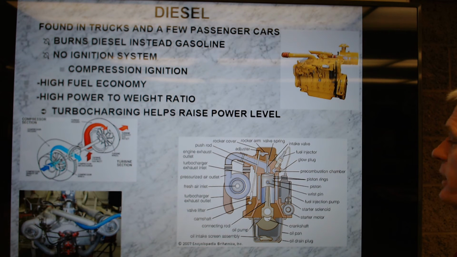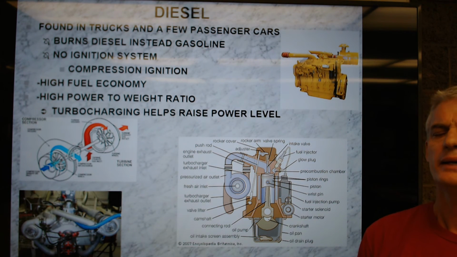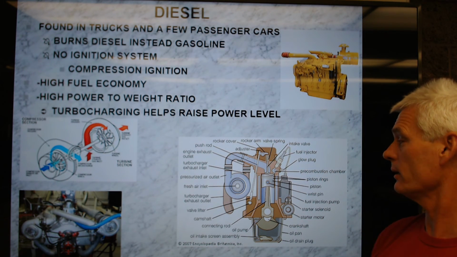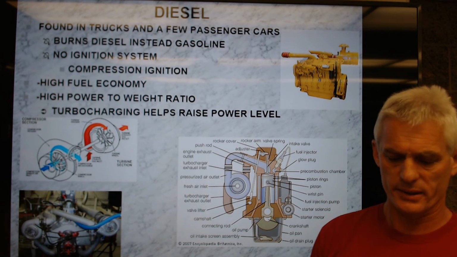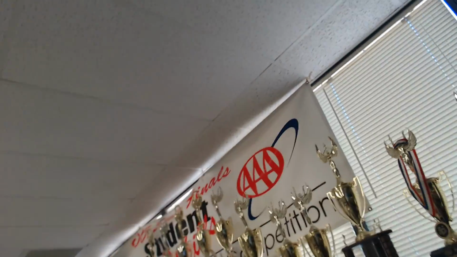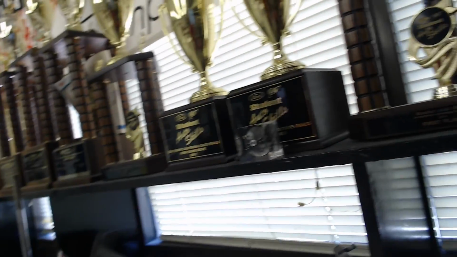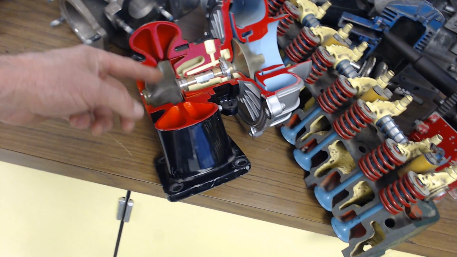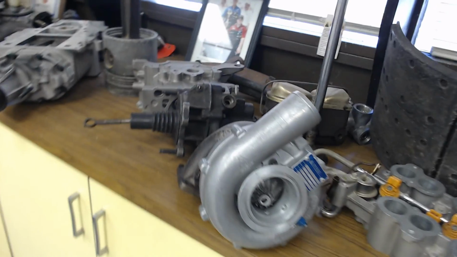A gear-driven air pump is called a blower. A belt-driven air pump is called a supercharger. A turbocharger is an exhaust-driven air pump. I'm going to show you all of these right now, or at least to show you the supercharger and the turbocharger. So here's a Mercedes turbocharger that was replaced on warranty, and here's a cutaway of a turbocharger. The exhaust is spinning this fan here, and this fan is pushing air into the engine. There's another turbocharger there. Here's a supercharger, which is a belt-driven